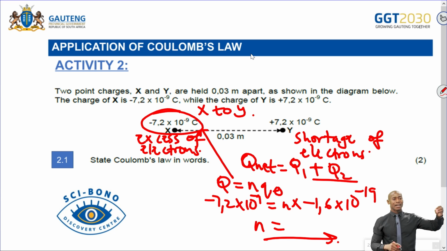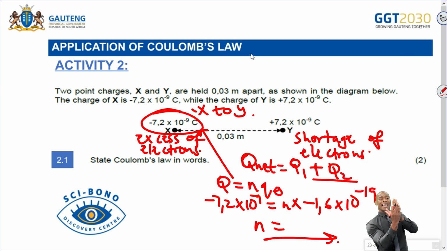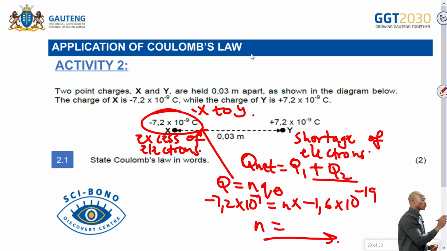In this case, what are you supposed to do? The first thing that you need to do is calculate the change in charge, if they are brought into contact. Remember, here I was just calculating the number of excess electrons in this sphere. Let's say now they are brought into contact. If they are brought into contact, electrons are transferred. We can calculate the number of electrons that are transferred from X to Y. So the first thing that you need to do is to calculate the change in Q, the change in charge, which is final charge minus